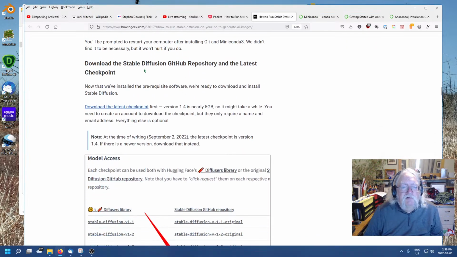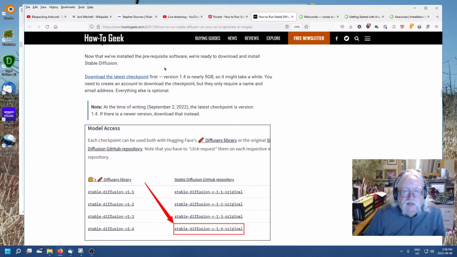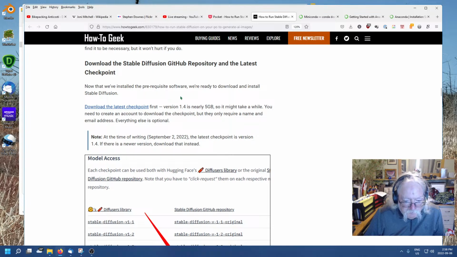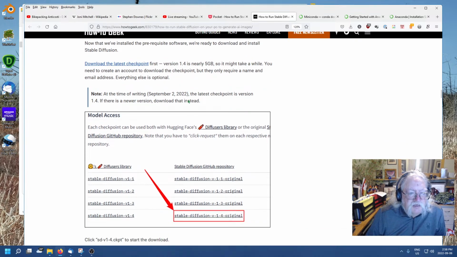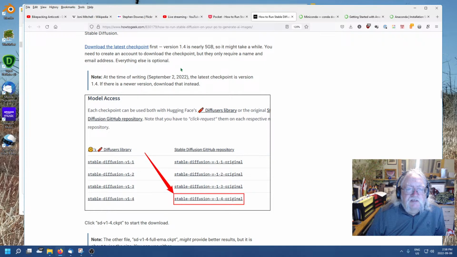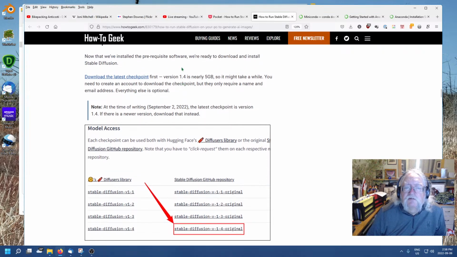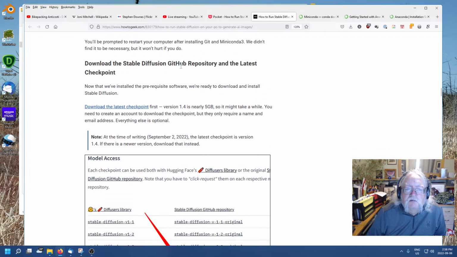Okay, download the Stable Diffusion GitHub repository and latest checkpoint. So first download the latest checkpoint first. All right, whatever that is. It's nearly 5 gigs, so it may take a while. You need to create an account to download the checkpoint, but they only require